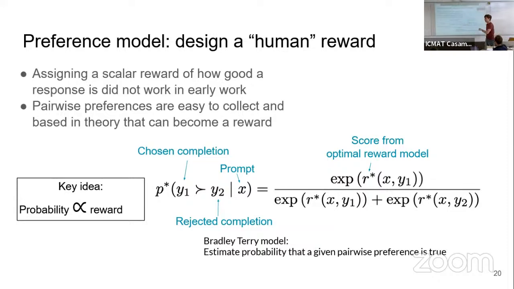Yes, a couple of questions. The first one is, so far you were just saying we have this completion and you say okay or not okay, but now you're comparing two completions. Yeah. Typically, there are variations, but you have one prompt, several completions, and the signal is which one of these two you prefer. Both of these completions are generated by the same model.